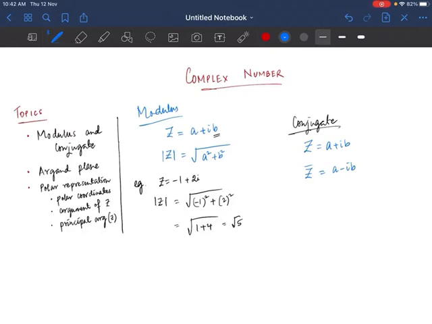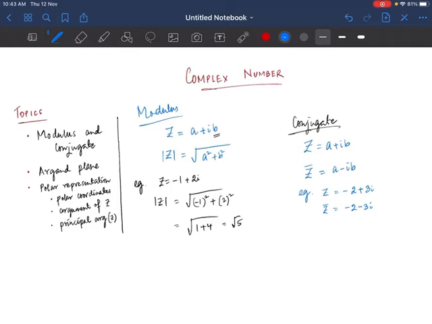That's the conjugate of a complex number. Now let me do one example of this one. So here basically what happens is that the thing which I will do is the imaginary part. You see, in the complex number, the sign before the imaginary part is plus. It's changed into minus in case of conjugate. Suppose I have a complex number that is given by minus 2 plus 3i. So the conjugate of this complex number will be minus 2 minus 3i.